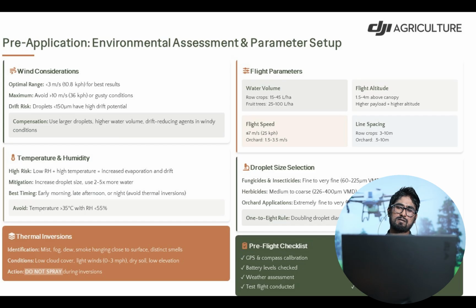If we say the nozzle flow rate is 30 liters per minute, some nozzles may have 10 liters per minute and other nozzles may have 50 liters per minute. So we must ensure flow rate verification on both nozzles, and we always inspect our nozzles before applications.